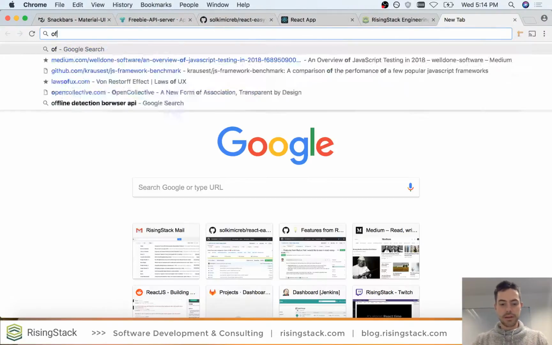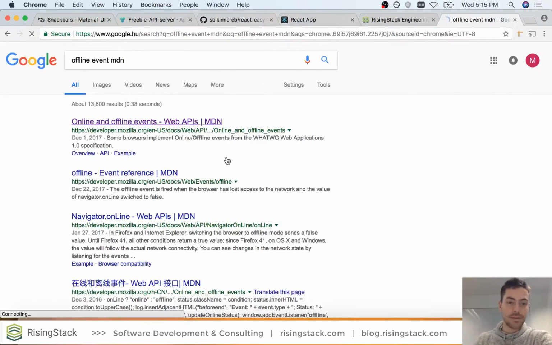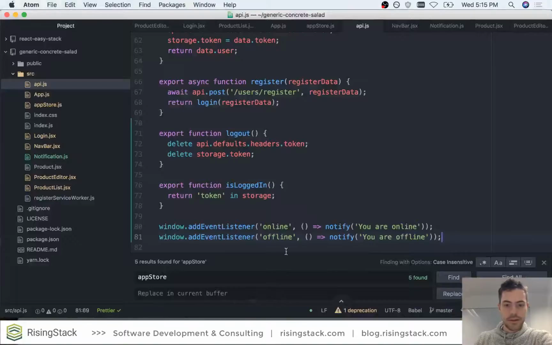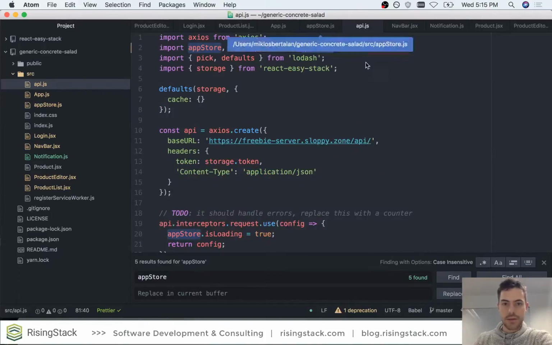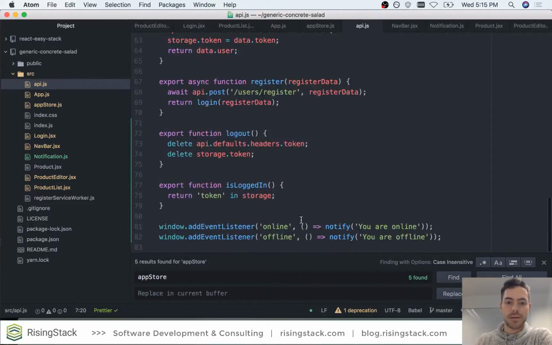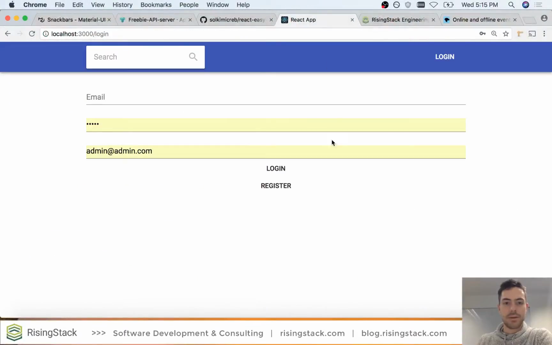And let's check the offline event on MDN. I'm not sure that the events are called this, so I will have to check them. Yeah, online and offline events. And again, we are using the notify from our simple notify function and component pair. So here I am calling the notify, and it will just pop up the notify component right here, the notification component. So I'm going back here,